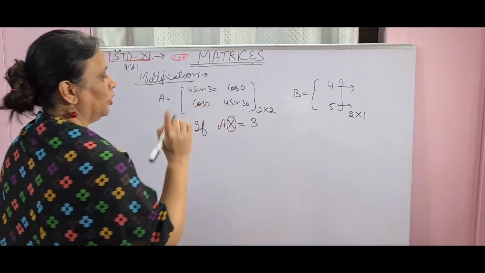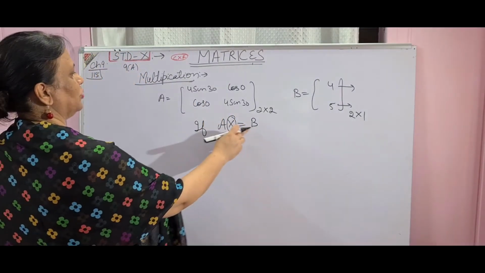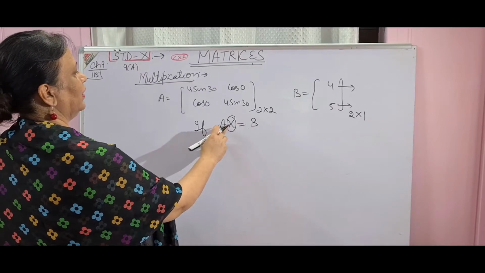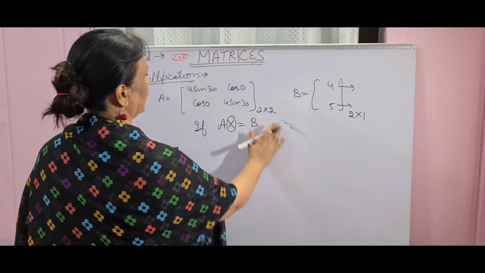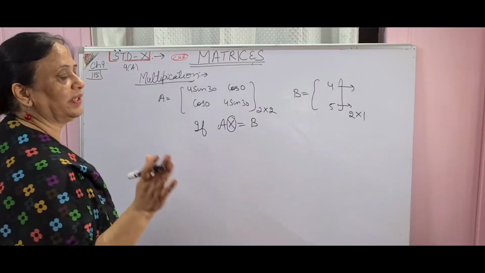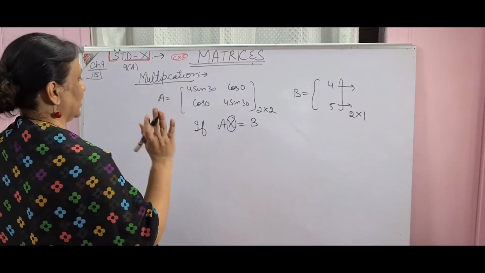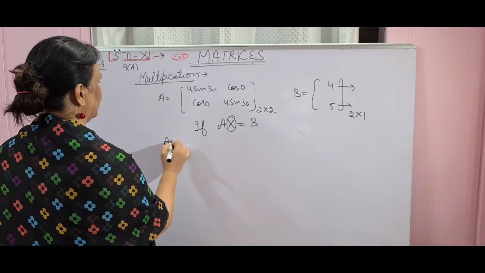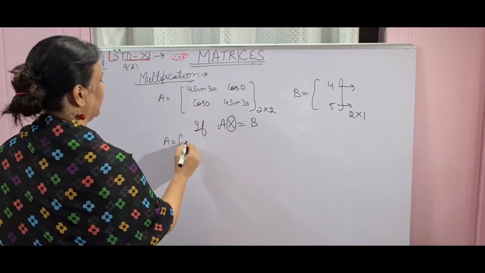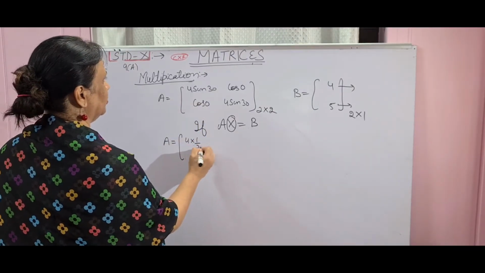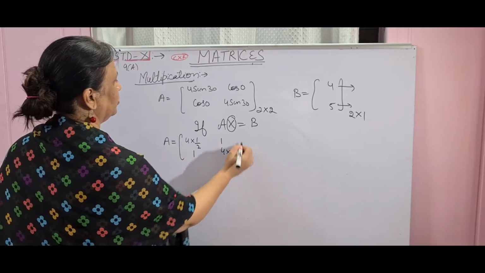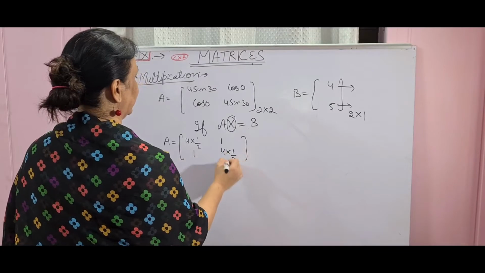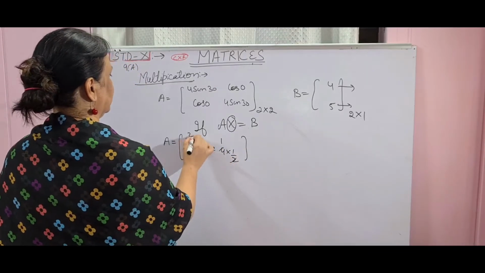Now most of you will think that I'll take A to the right side because it is multiplying here and I will divide it. No, it is not possible in a matrix. The way of doing it in matrices is different. Just listen to me. First of all, I am going to change the trigonometric values: 4 into 1 by 2, cos 0 is 1, cos 0 is 1, again 4 into 1 by 2, and B is already there, so no problem. I got the value.